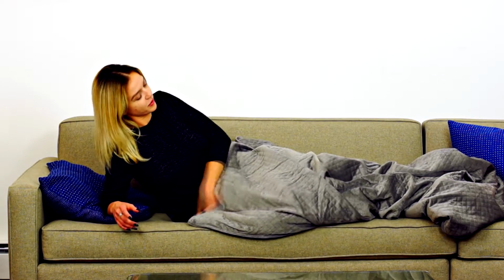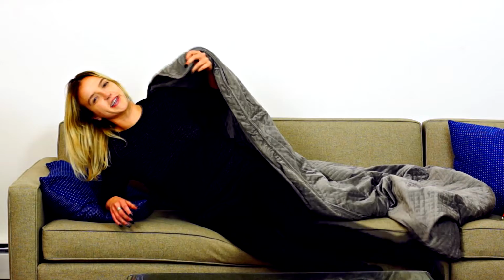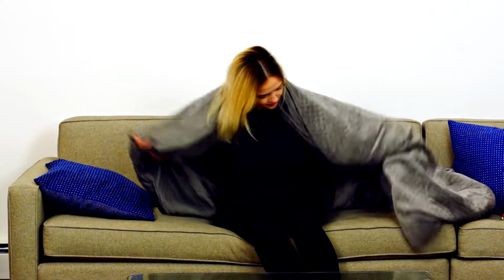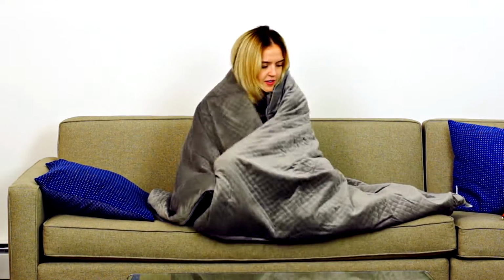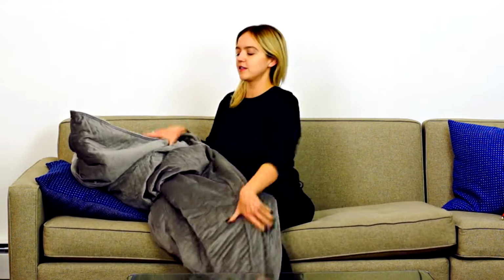So I was thinking, okay, let's do the thing where, this must make me look so lazy, but the weight of the blanket makes it so hard to move. So what I wanted to do was to just do something like this, so that I think I can show those people an alternative to being able to use this while being on a couch. So I would say, obviously, as opposed to it being like this,